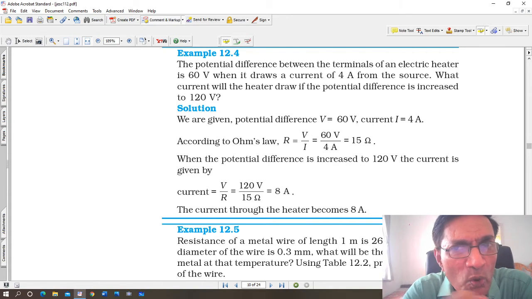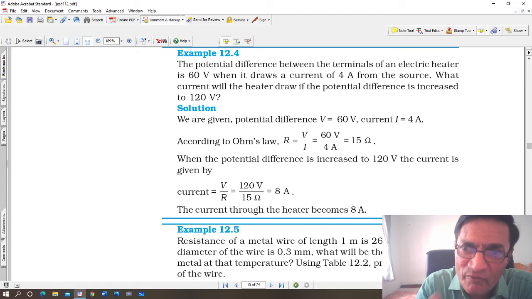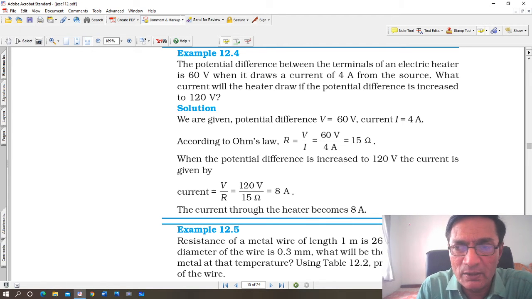What is the increase in potential difference from 60 to 120? That means a 60 volt increase. So V is equal to 60 volts. At the same time, you will have to find resistance first. So how will we find resistance? The same formula, V is equal to I into R, 60 and 4. So 60 upon 4 means the resistance is 15 ohms. Now use the 15 ohm resistance again and you will get the current, in amperes.